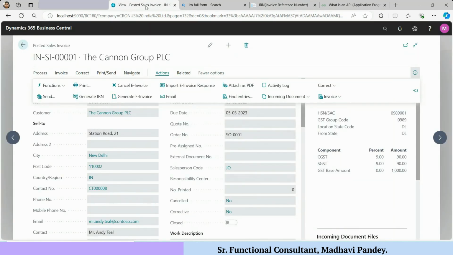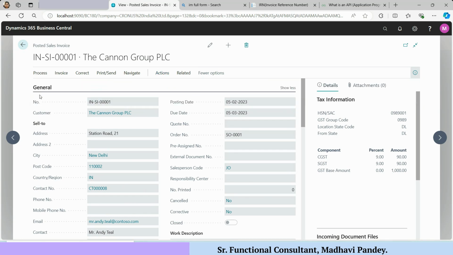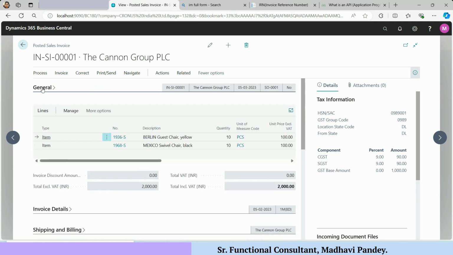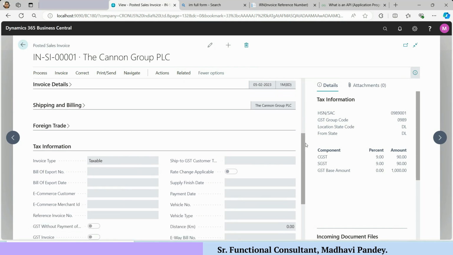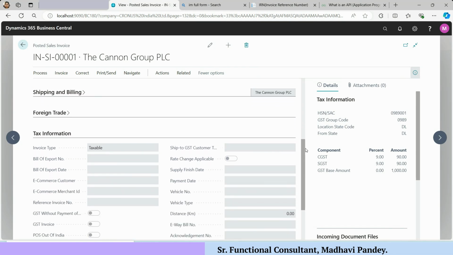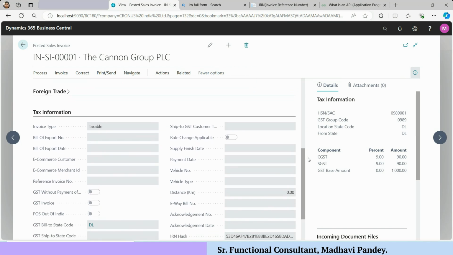Now back to my point, you need to click on generate IRN. Click on it and check your taxation tab. First condition is this is a GST invoice. So check the tax information tab. GST is calculated. Now we are going to check the hash IRN information.